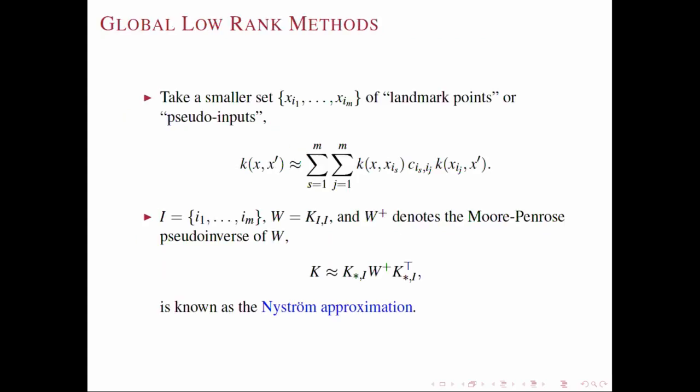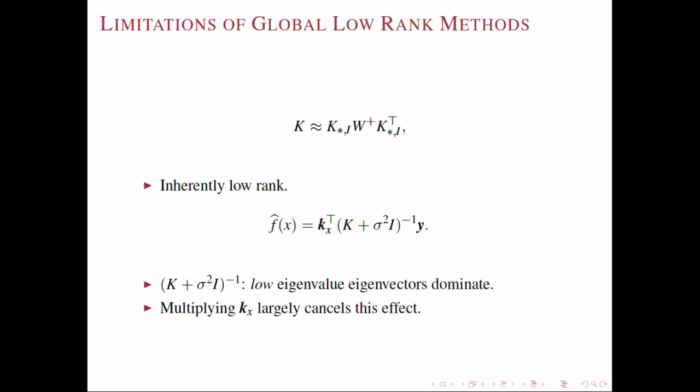The most commonly used methods are the global low-rank methods, known as the Nyström approximation. The idea is to take a smaller set of landmark points to approximate the kernel function in terms of the similarity of data points to each of the landmarks. The limitations of the global low-rank methods are, first, it is inherently low-rank. Second, from the formula, inverting the kernel matrix indicates that the low eigenvalue eigenvectors should dominate. However, multiplying by the cross-covariance kx cancels this effect. So it is really not the kernel matrix itself, but the relationship between kx and the inverted kernel matrix